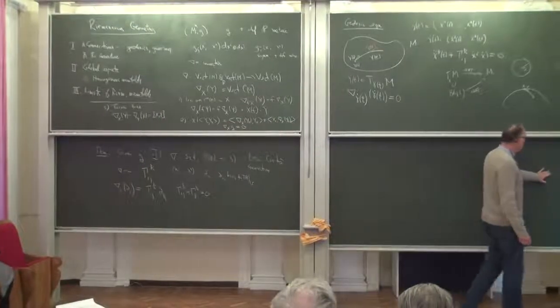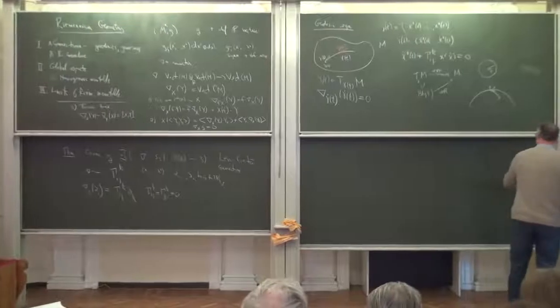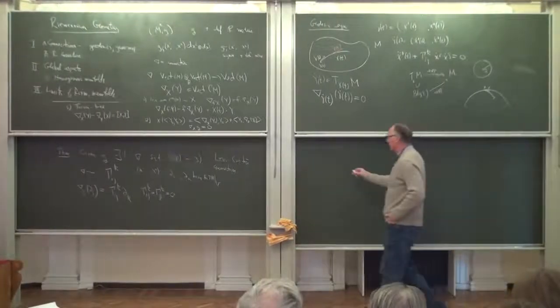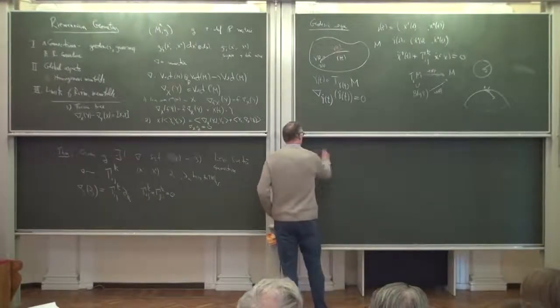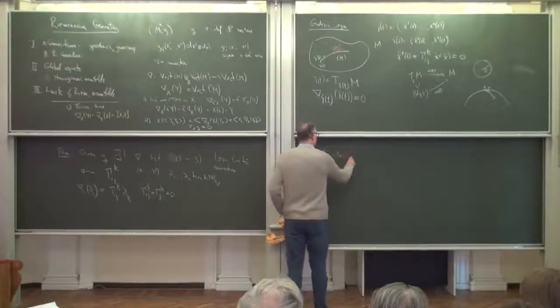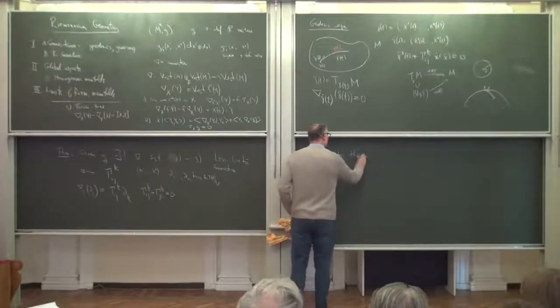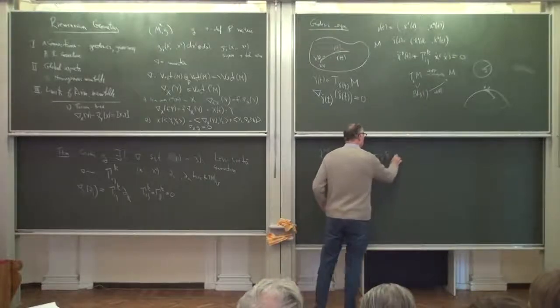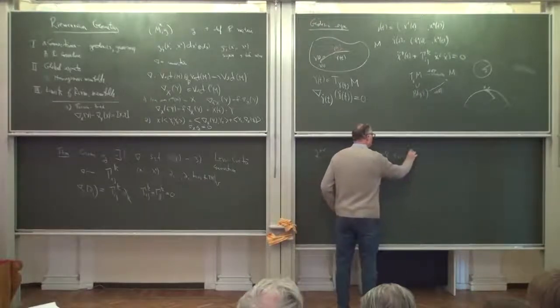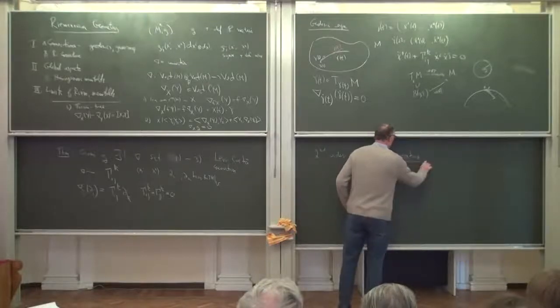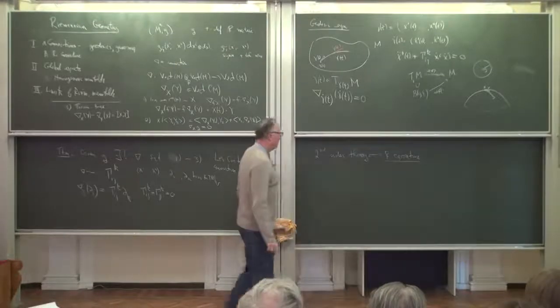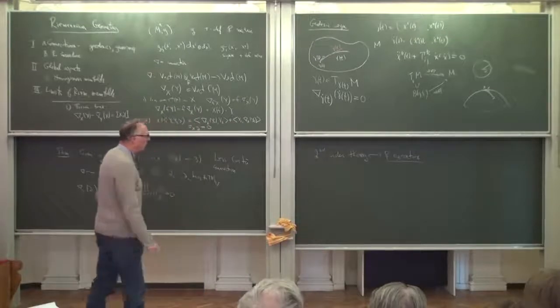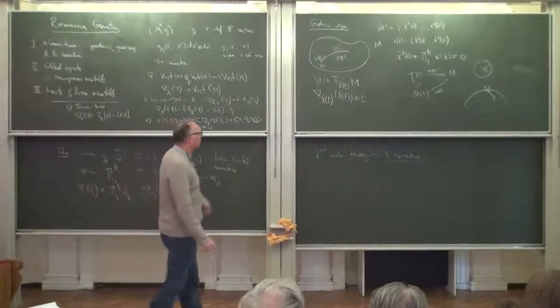Well, now we're going to study the second order theory, which is curvature. So the Riemannian curvature. There are many ways to understand why curvature is so important. One of them is that,